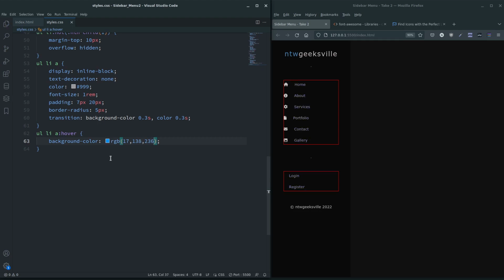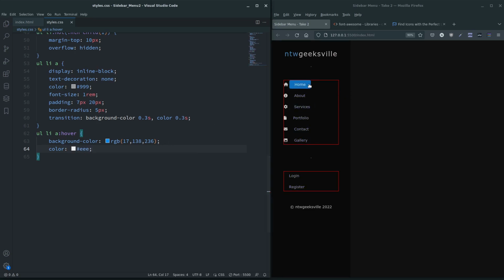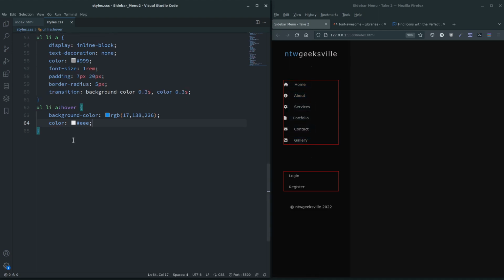Obviously you can use whatever colour you want, and there you go, you see it's a bit more soft. And then text colour is going to be this. There we go. Okay,